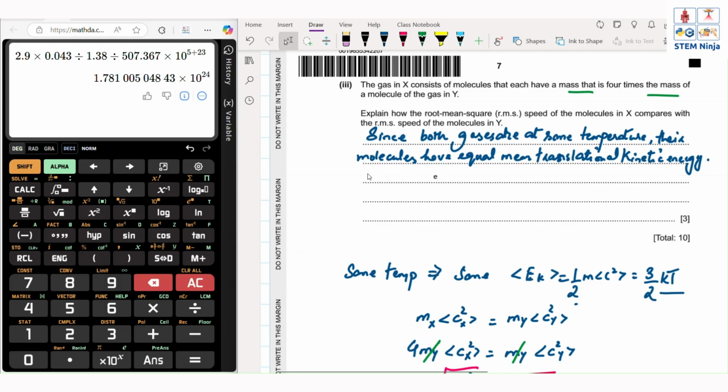So how we translate this is that the product of mass and mean squared speed is constant,